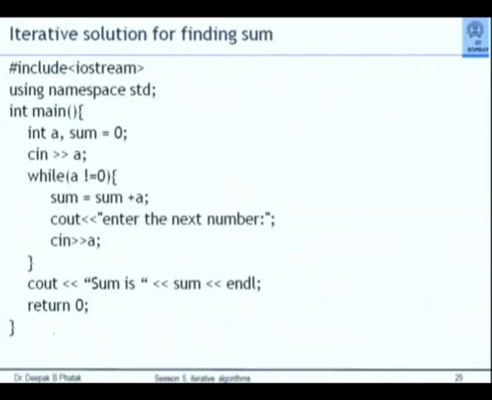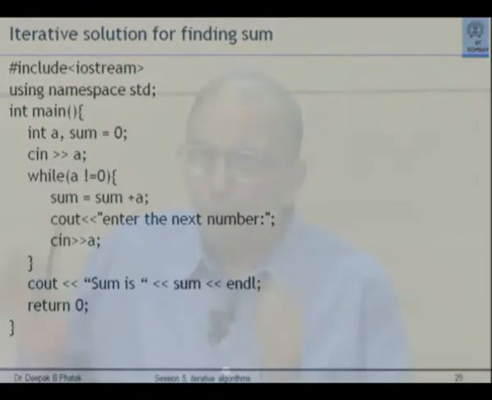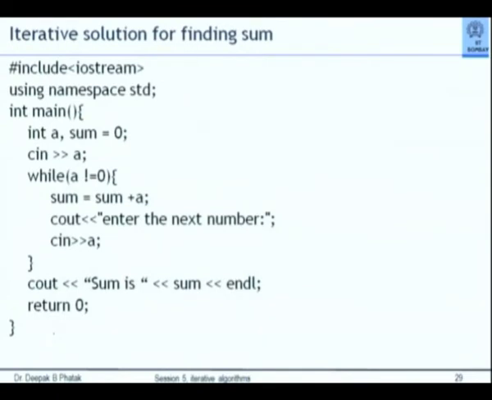This is the program for finding the sum. It's exactly similar to what we had done, except that it says int a, comma sum equal to 0, semicolon. Observe that max equal to a had to be written as a statement after reading the first number. But the initial 0 value to sum can be given as part of my declaration itself, because it's an initial value. So int a, sum equal to 0 means set two locations a and sum and put 0 value in sum. Now I read the first number.